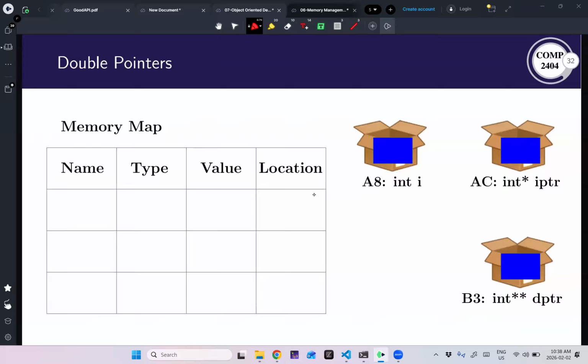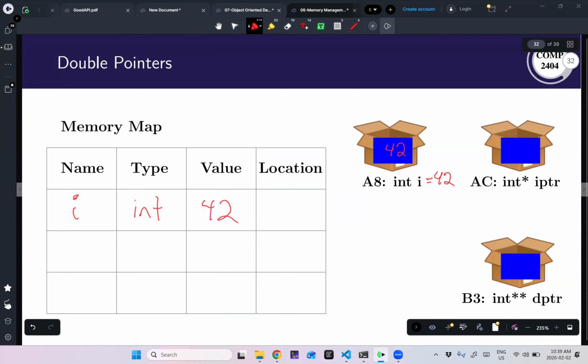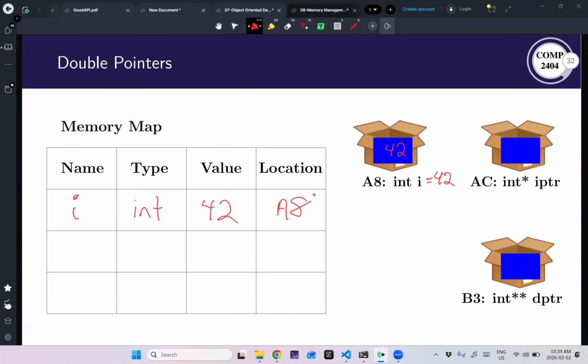But let's say that I declare int i = 42. Then let's keep track. This is a variable called i. It has a type of int. Its value is 42, and its memory location is this hexadecimal value A8.